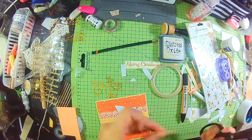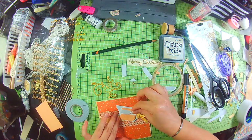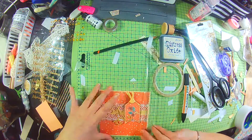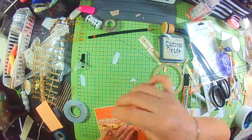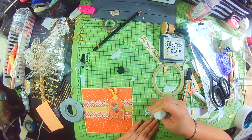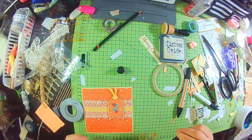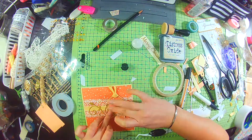And off camera I've already gone and added diamond stickles and Nouveau drops and crystal glaze and things to my toppers, just to make them look a bit more special, just so you don't have to watch me do that on camera. And I use this spray again, the Flourish from Make a Create brand, which you can buy at the Works, and I believe they still have these in stock because I've seen them recently. So I'm just going to do that with some multi-matte medium, and I just put little dots really. I use my tweezers to hook that around the topper,